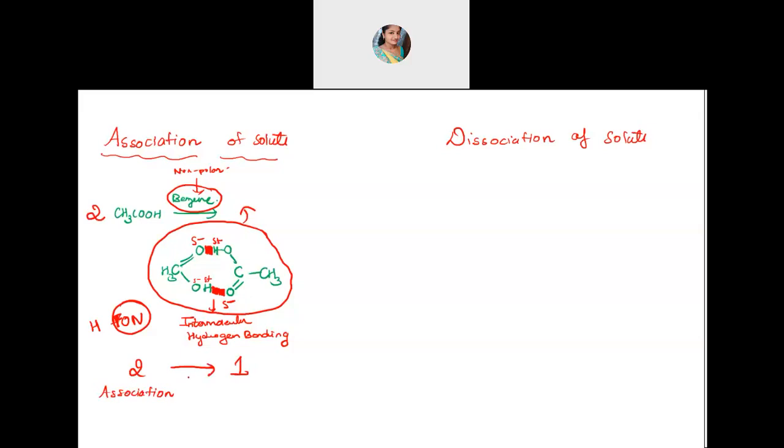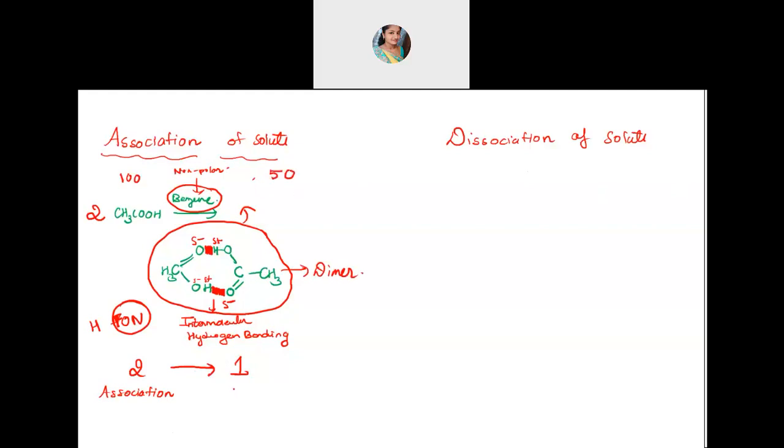Colligative property totally depends on the number of solute particles. What happened to the number of solute particles? Imagine if I had 100 acetic acid molecules and they start binding with one another, what will happen to the number of molecules? It will get reduced, no? Because two are combining in the form of pairs. This is forming a dimer actually. They are combining in pairs due to intermolecular hydrogen bonding, so those 100 molecules will get converted to 50.